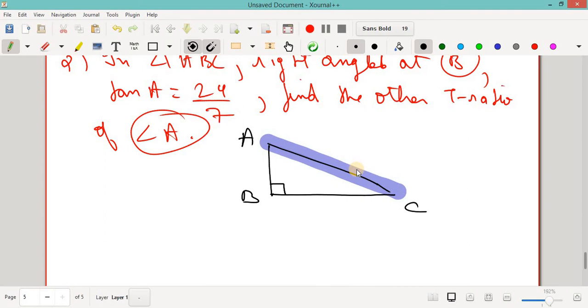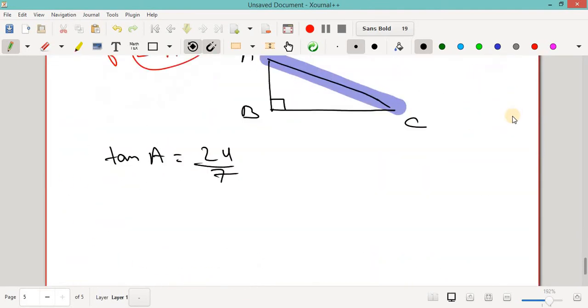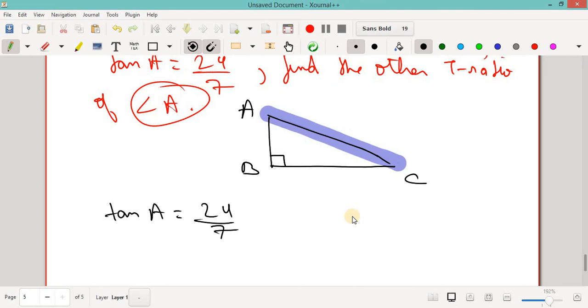Now in this case, tan A is given as 24/7. Students, remember one thing: this is your ratio. In the previous question I told you that whenever we are finding an angle, it is in ratio form, the simplest form. So tan A is given as 24/7. Now what is the formula of tan A? First you have to find out what tan A is. Some people have curly brown hair, turn permanently: perpendicular over base.